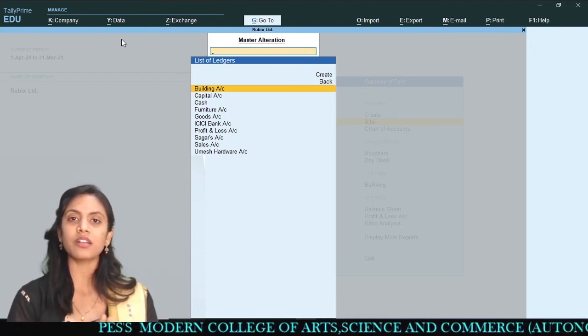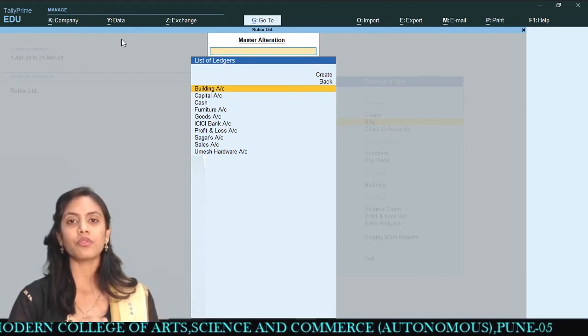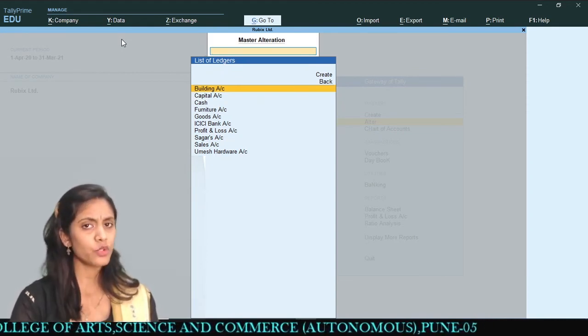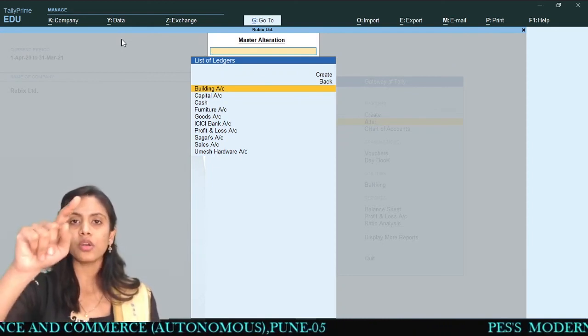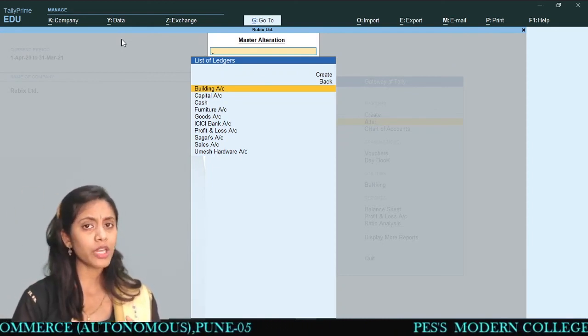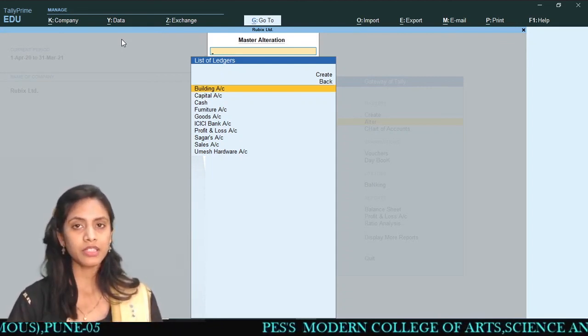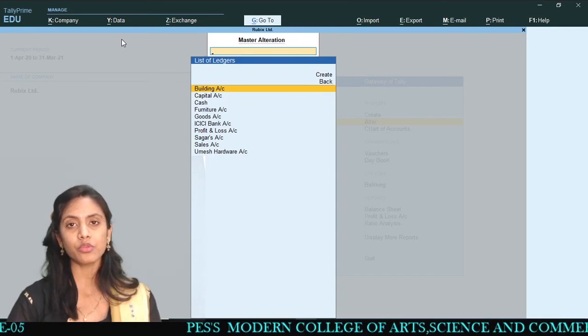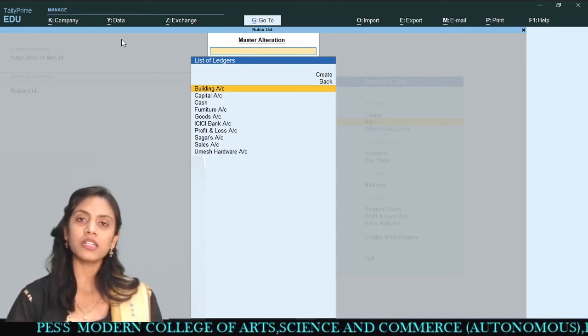While doing the voucher entry, I must tell you, if you have to create the ledgers on the spot, you can create them by pressing the shortcut key Alt plus C. Also, on the menu there is a create option. But if you have created that ledger, done the entry, and afterwards came to know that the ledger you created was wrong, you can alter that ledger also.